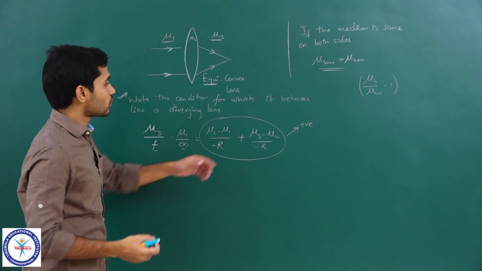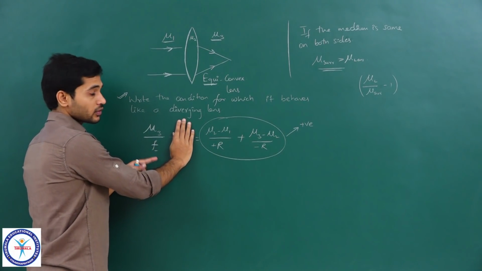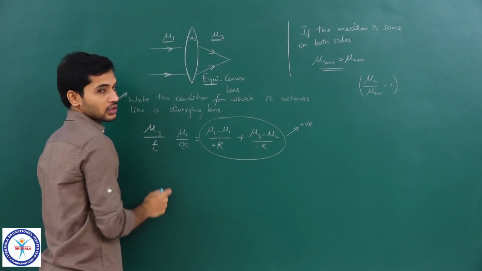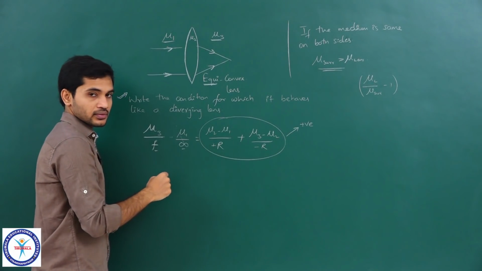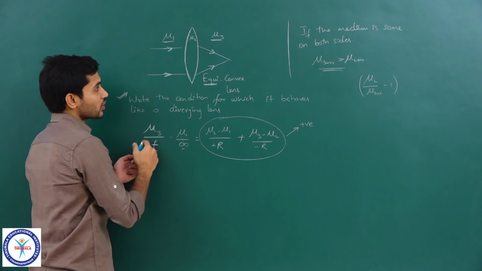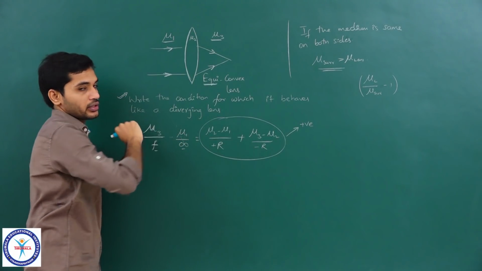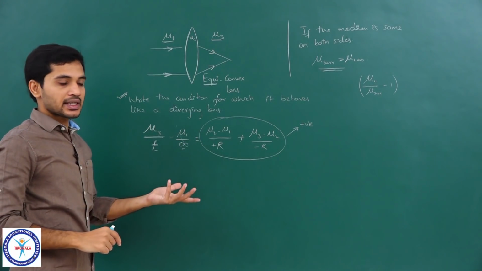what happens if that is positive? So, if that whole term is positive, then f is positive, which means this case will happen. If this whole term is negative, in that case what is going to happen? This f becomes negative. F becomes negative means the light rays will diverge and the focus will be over here on the negative side. So, that is the idea, right.